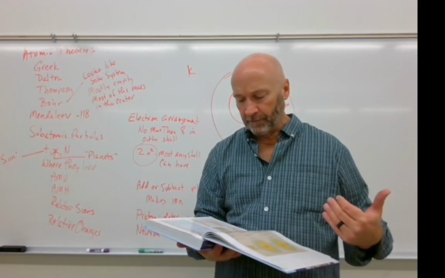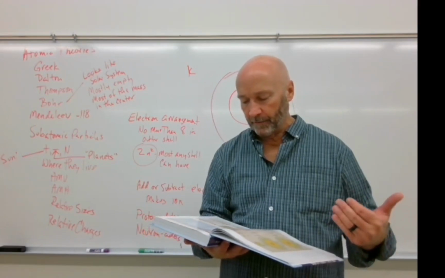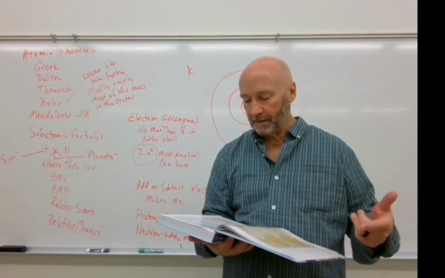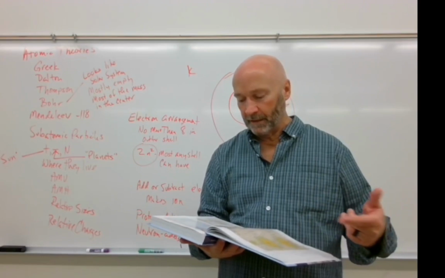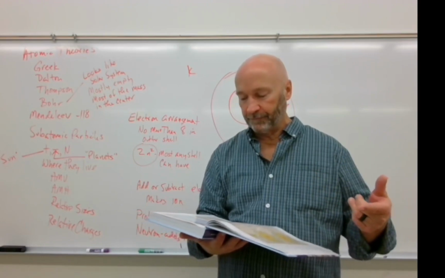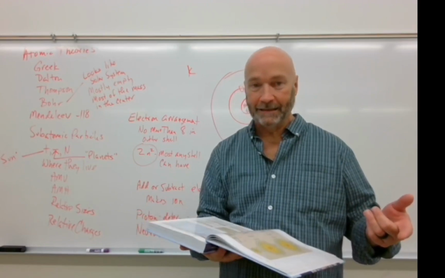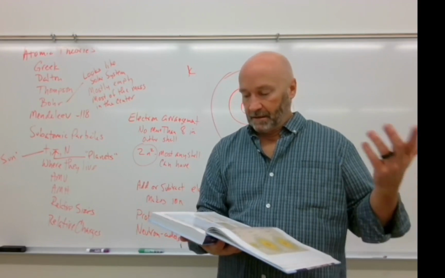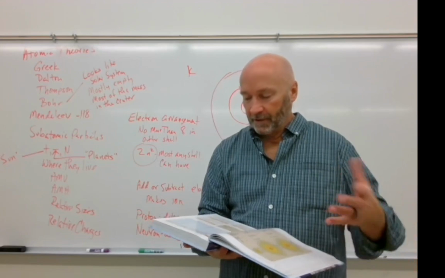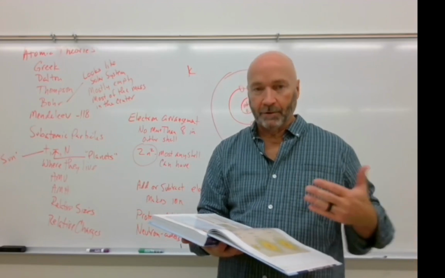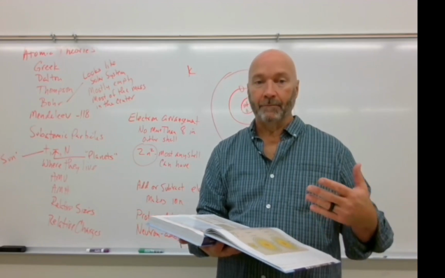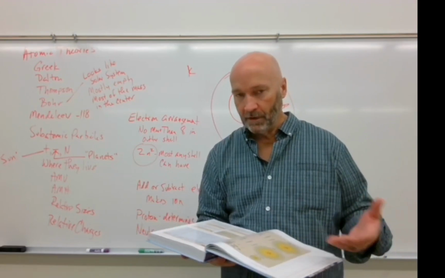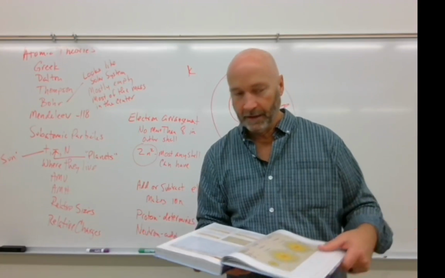If you look all the way down at the bottom, you've got uranium. Uranium, the atomic number is 92. The atomic mass number is 238, which means that it's got 146 neutrons. And that's the average. So you've got 3 different possible arrangements. And what you know about uranium is it's radioactive, right? Or it could be radioactive.